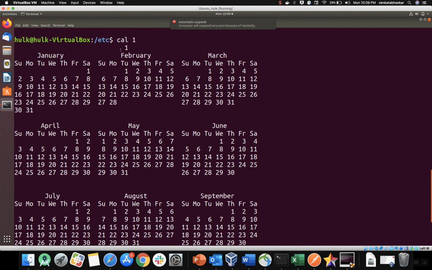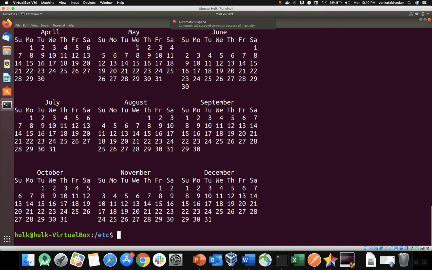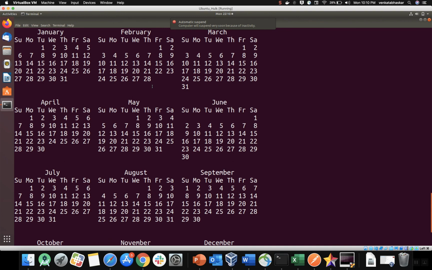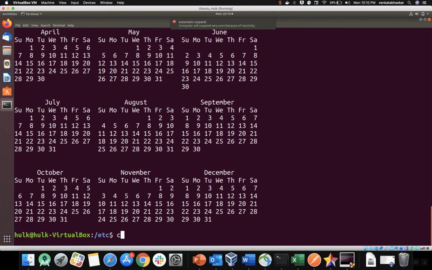I want to display a different calendar, year 5050. By that time we will be alive or not, we don't know, right? See, cal 5050. Now I want to display the 10,000 calendar.